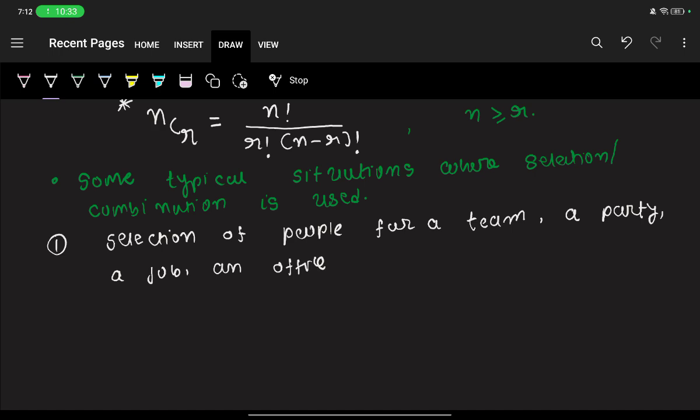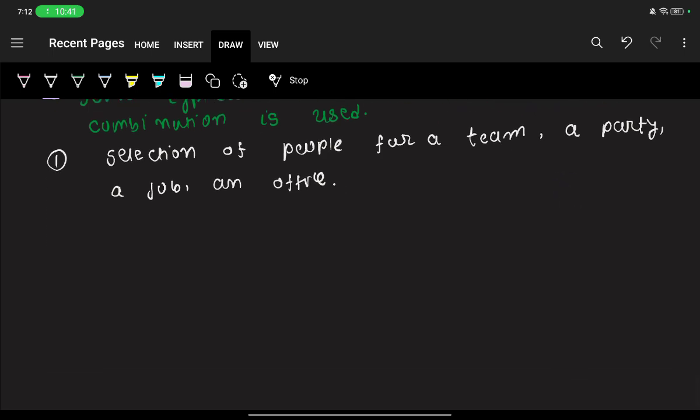For example, selection of a cricket team of 11 from 16 members. Second, selection of a set of objects,